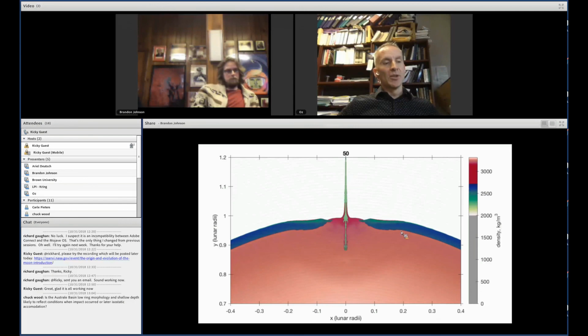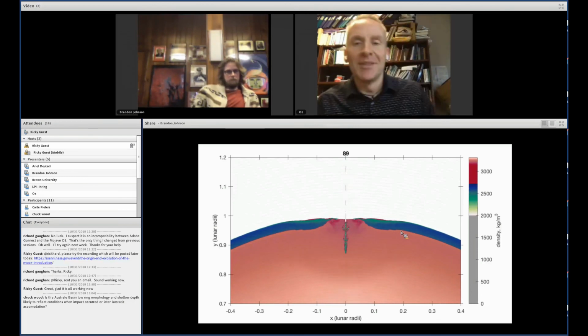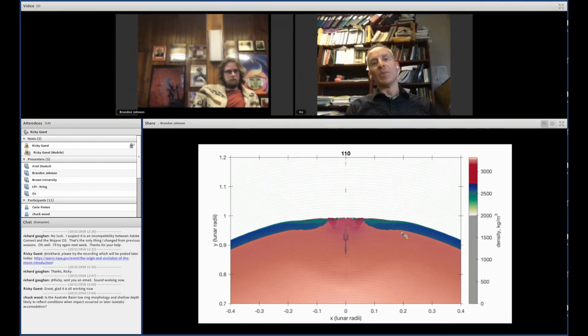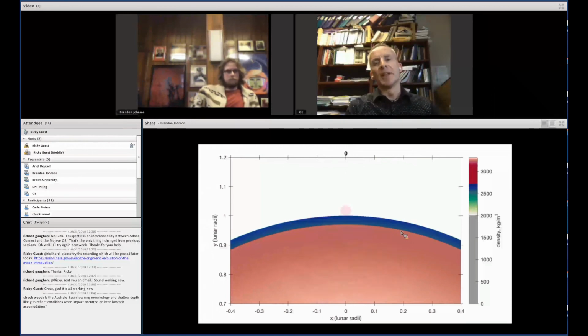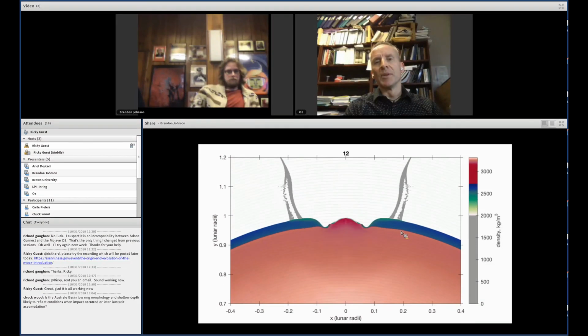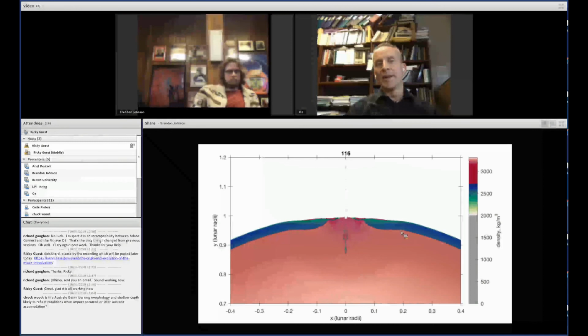I mean, that's a great question, and I think Brandon can vouch that that's probably a long way off in these numerical simulations, putting a lot of topography on the surface. For the big basins that he was looking at, though, it's probably less important. But we do see that, for craters tens, even a few hundred kilometers across, that topography does play an important role. Impact melt, for example, is a good one,